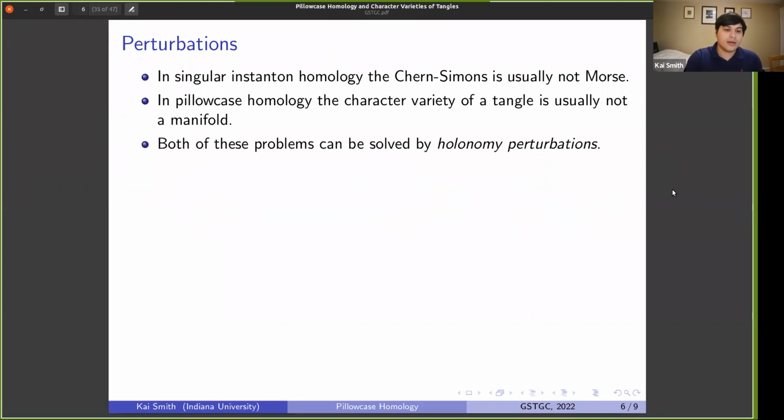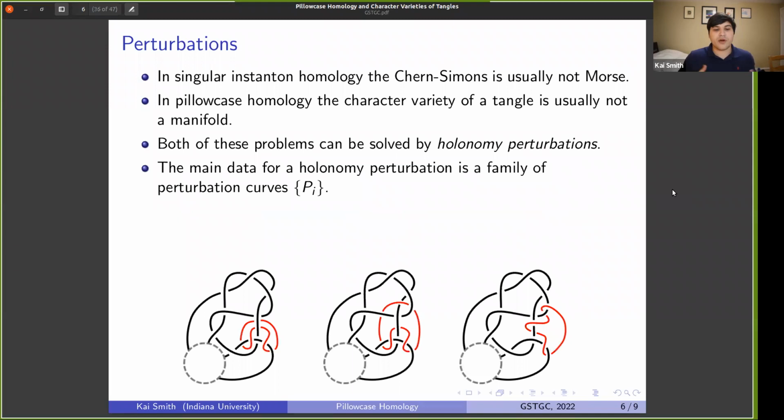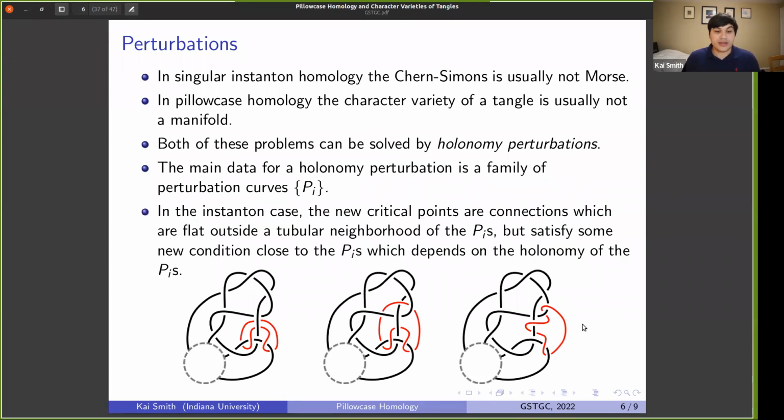Both of these problems are solved with something called holonomy perturbations. The main piece of data for a holonomy perturbation is some family of perturbation curves. Looking at that tangle we had before, here are three potential different perturbation curves you could have. And how does a perturbation curve help? So in the instanton case,